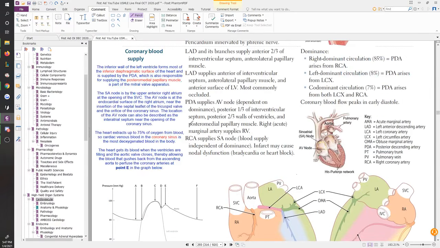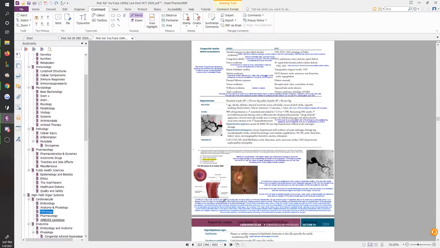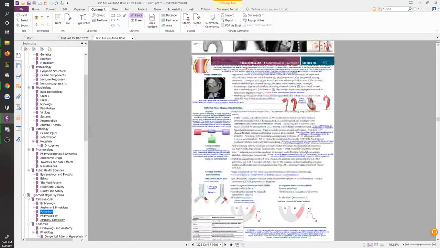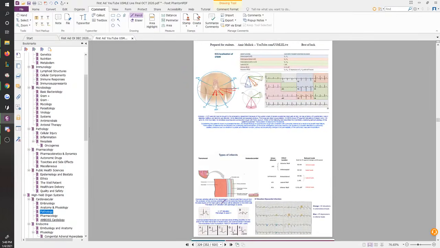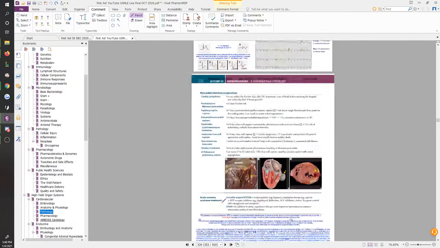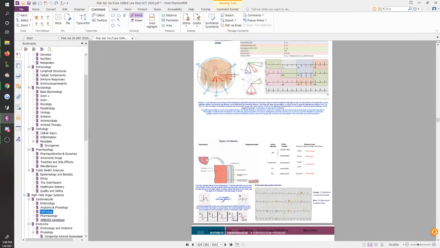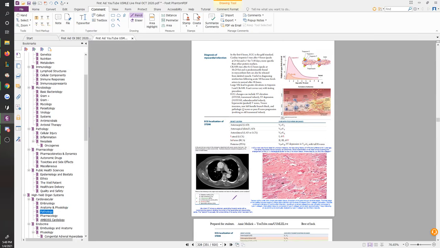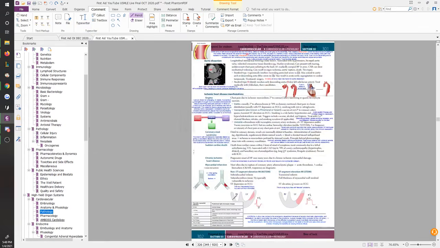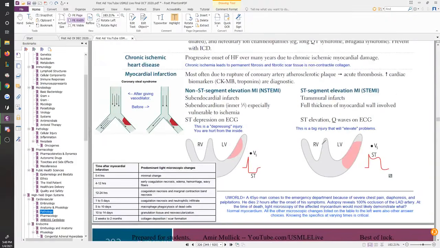So back in step 1, I actually made up a mnemonic for that as well. So let's take a quick look at, let's see if we can find it. Right here should be. Let me see. No. Subendocardial versus the entire endocardium. Oh, right here. Okay, it's right there at the bottom. So you can see how it kind of looks like, right?